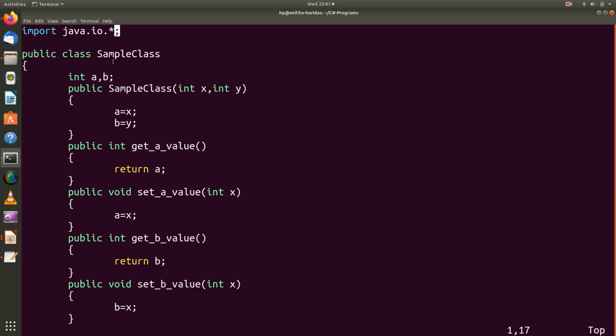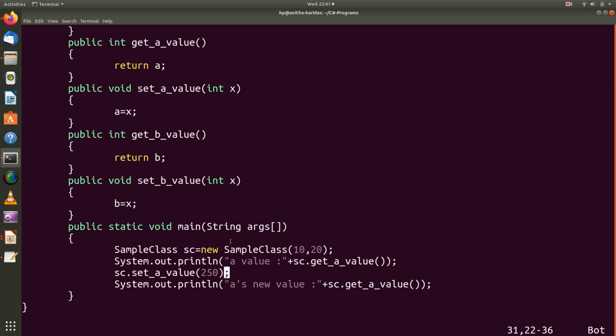You imported, you have a sample class, two variables, constructor, a get method for A, set method for A, get method for B, and set method for B. Then you have a main function which is creating an object, and you invoke the get value method to get the value of A, and invoke the set method to set a new value for A and display the values.